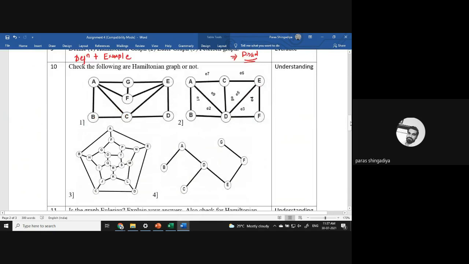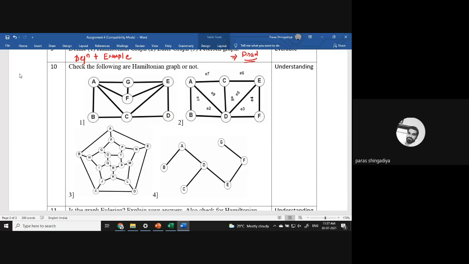Check whether the following graphs are Hamiltonian graphs or not. Okay. So 4 graphs are given. First, draw them in your book. And then verify whether it is Hamiltonian or not. If it is Hamiltonian, then mention the Hamiltonian circuit. Be clear which circuit you will consider in this graph, and based on that you can say it is a Hamiltonian graph. And if it is not Hamiltonian, then mention that it does not contain any Hamiltonian circuit. So try it for all these graphs.